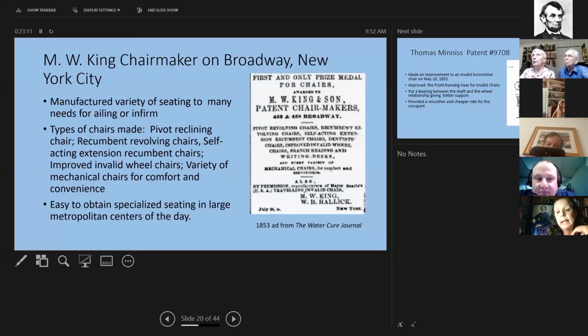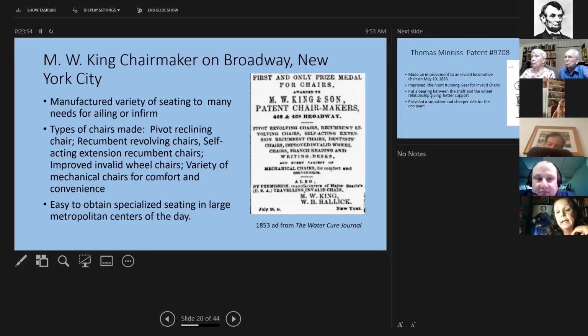Now, M.W. King was a chairmaker on Broadway, New York City. He manufactured a variety of seating for the many needs of the ailing or infirm. The types of chairs he made were really something: pivotal reclining chairs, recumbent revolving chairs, self-acting extension reclining chairs, improved invalid wheelchairs, and a variety of mechanical chairs for comfort and convenience.